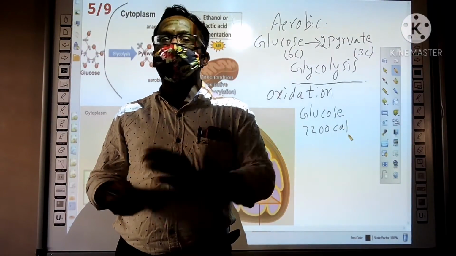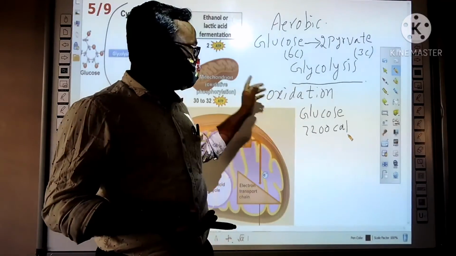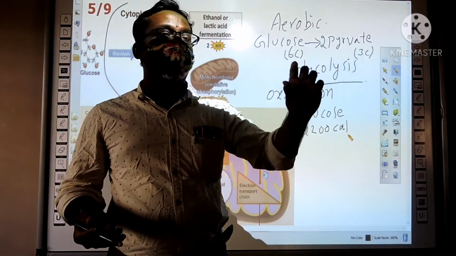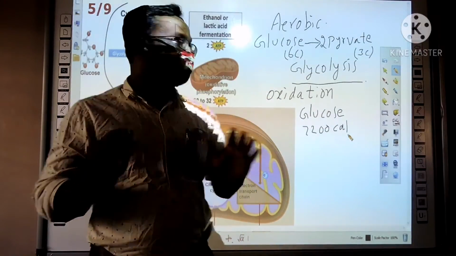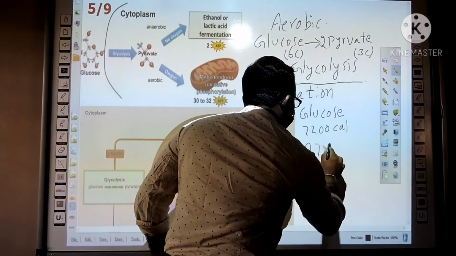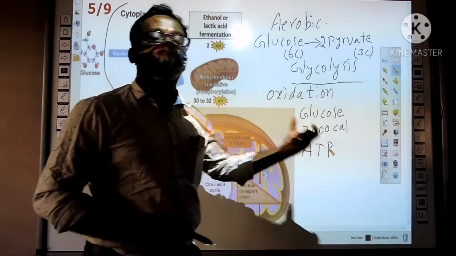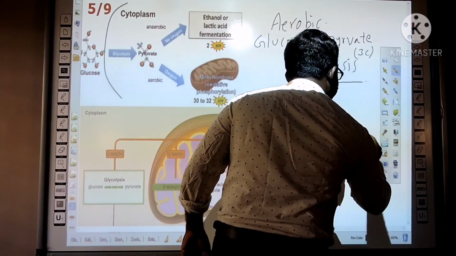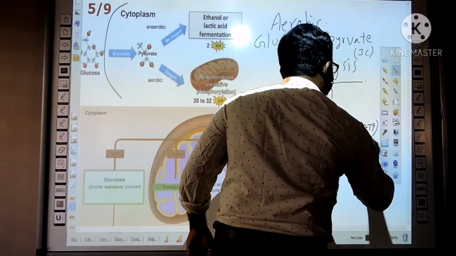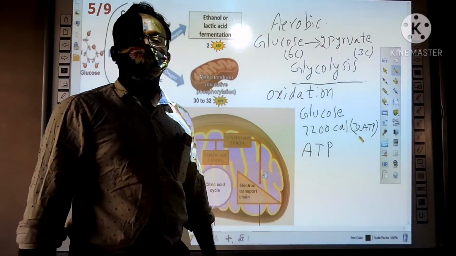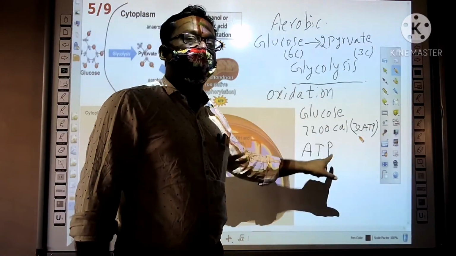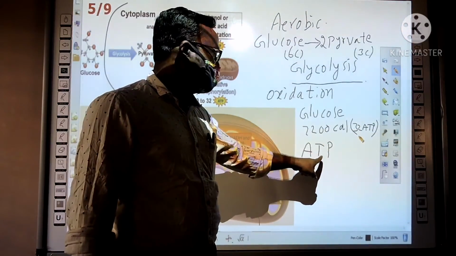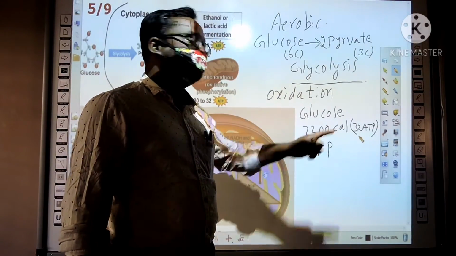What is ATP? I said the energy released from glucose is stored in a special molecule. That is the ATP. In each step, a few molecules of ATP are produced, and finally 32 ATP molecules are formed. 32. ATP means adenosine triphosphate. That means it has 3 phosphate molecules. In the third phosphate, the energy is stored.